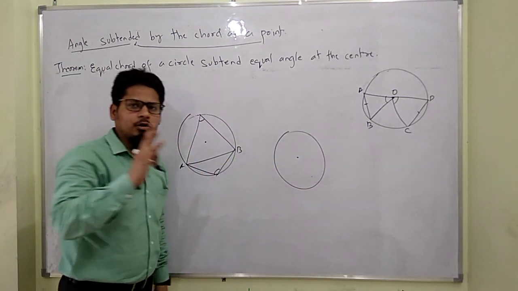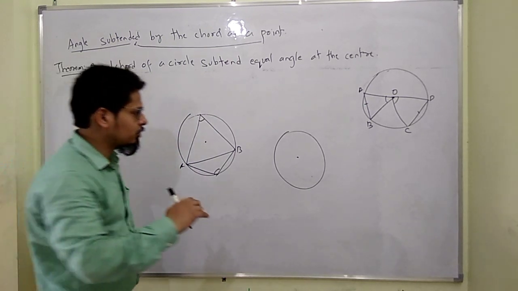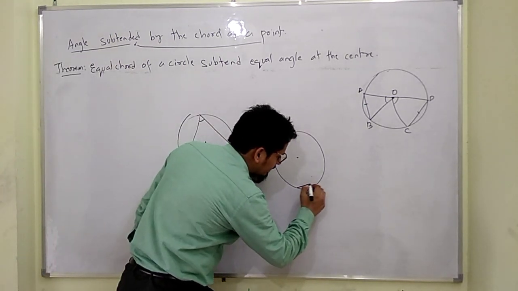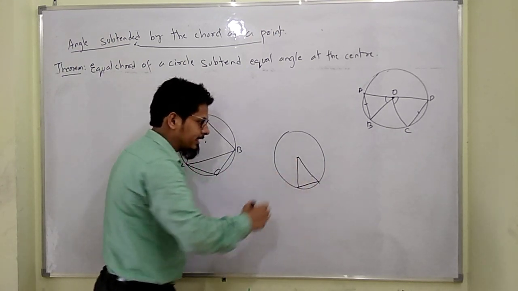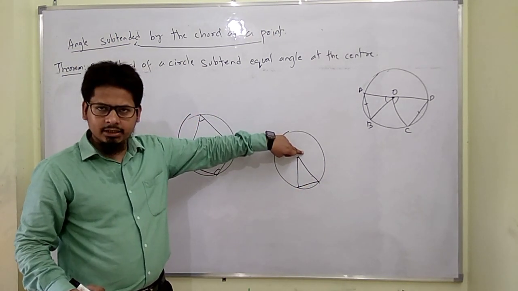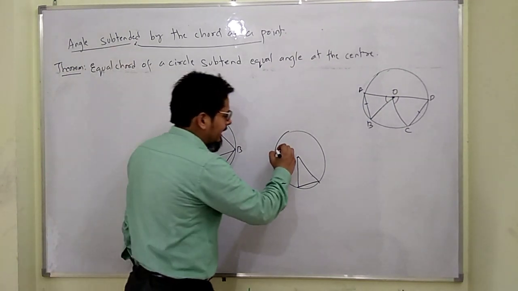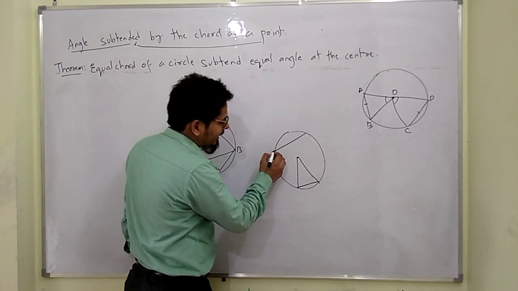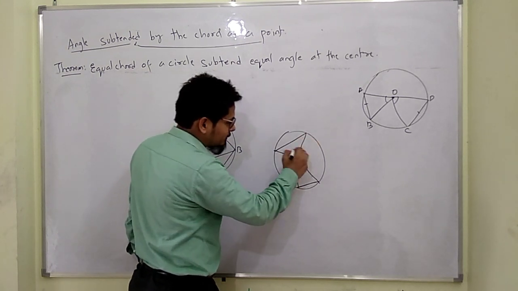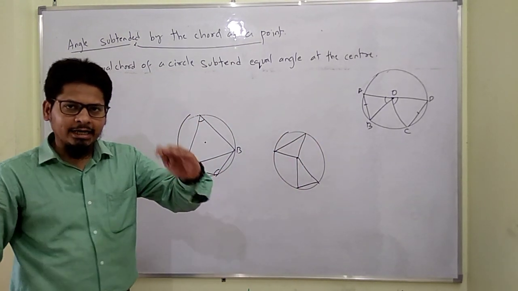So I draw two chords. One is longer, one is shorter. देखिए, ये shorter है आपका. So this is the angle subtended by this chord at the center. Okay, and I draw this chord. It's a long one. And now you compare the size of the angle with the size of the chord.